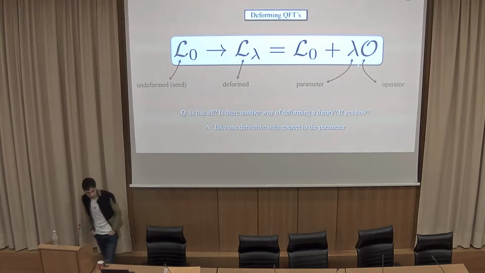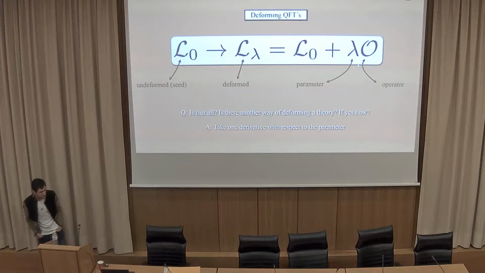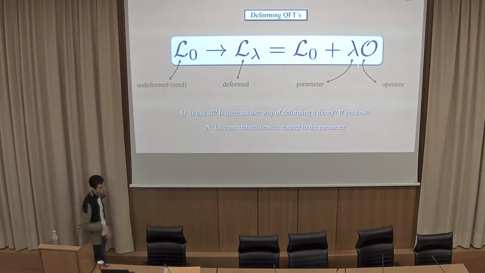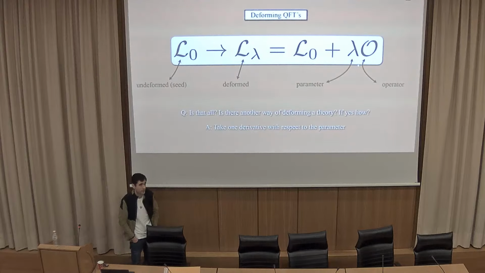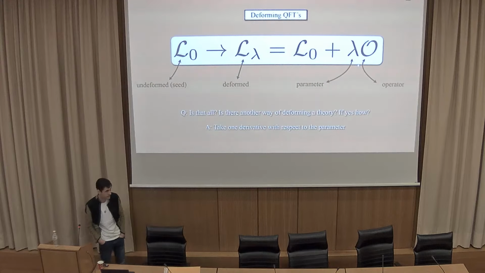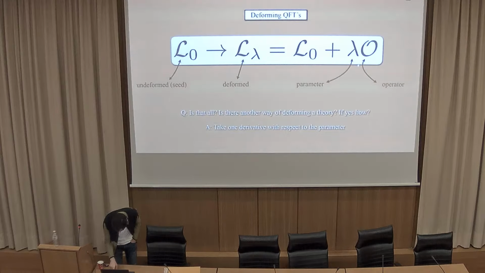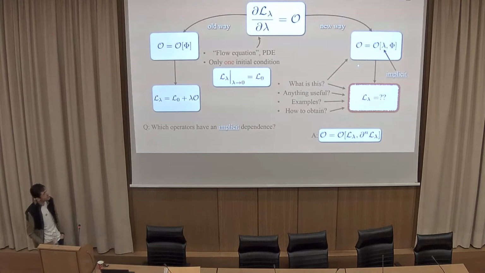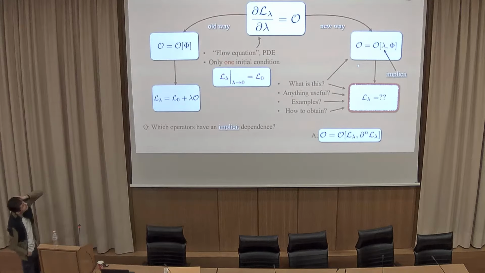So the question that we're asking here, and it's really out of mathematical curiosity, is to map out what you can and what you cannot do in principle. Maybe it's useful, maybe it's not. The question is, can I do anything else with this? Yes or no? And to see that you can do slightly more, you can just take one derivative with respect to lambda. And then you end up with an equation that looks like this.